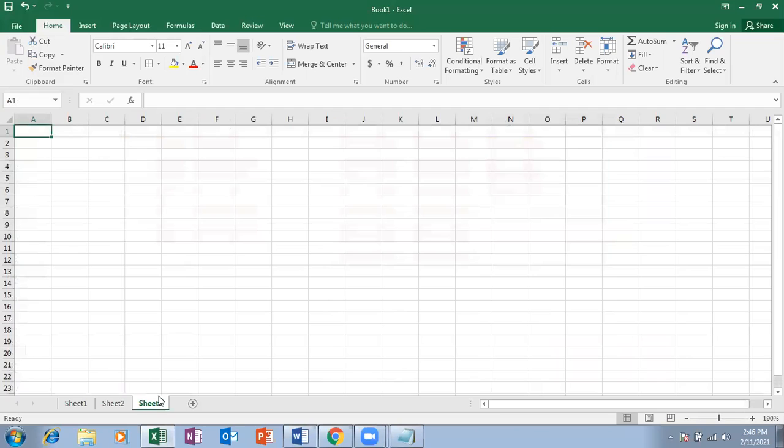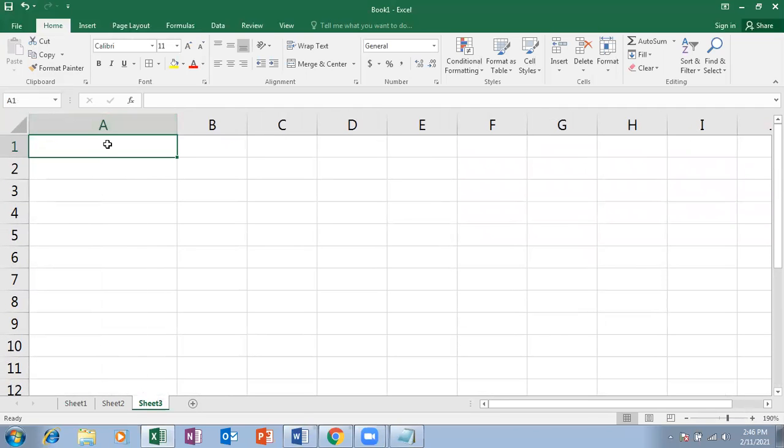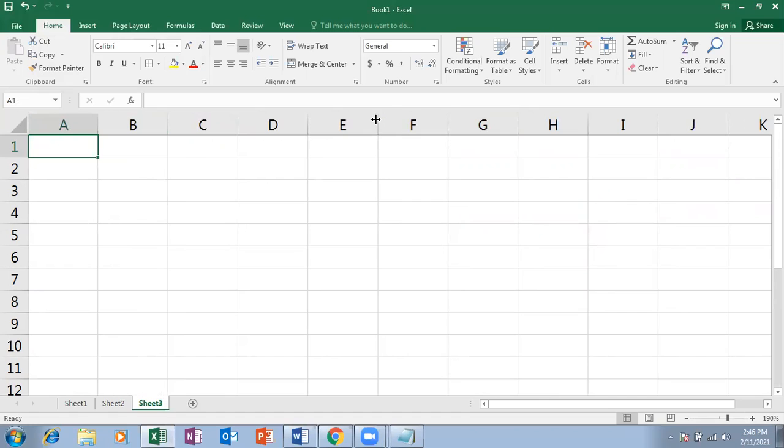So now let me take another new sheet, increase the first column. Let me type a text here in the middle.